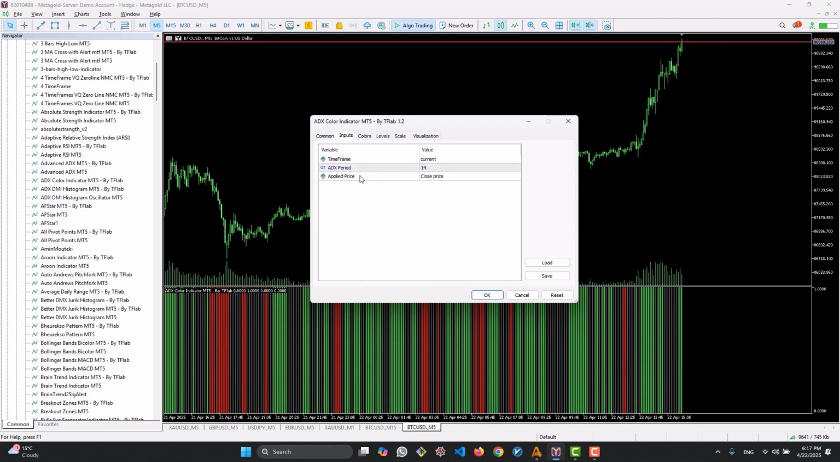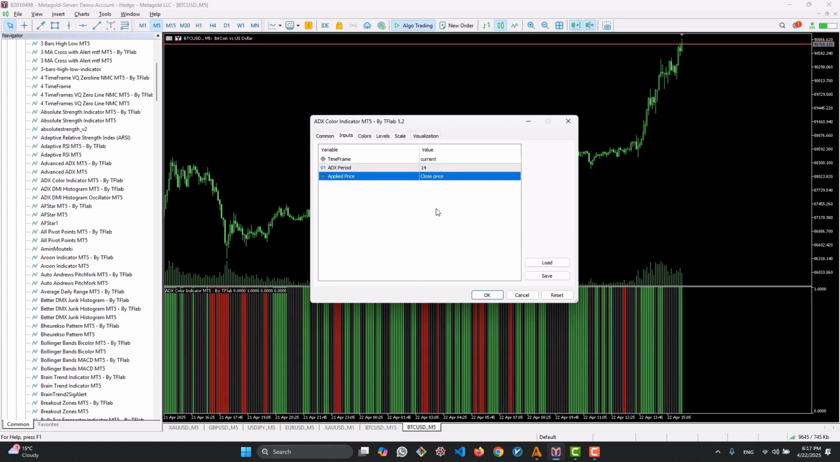The next option is the ADX indicator period. The higher you set this value, the fewer fluctuations you'll see, and in a way you can filter out more noise. And the last option is the price type on which the calculations are performed, which you can select from